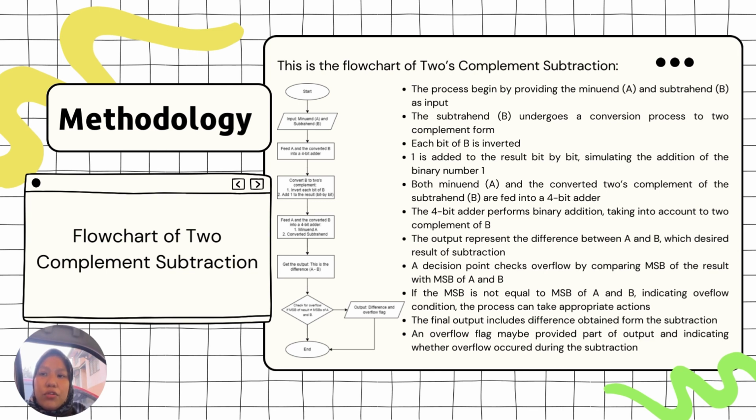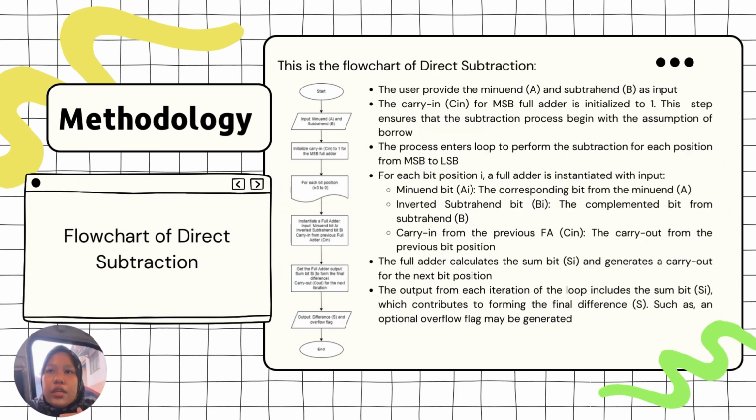The difference and overflow flag are optional. The final output includes the difference obtained from the subtraction. An overflow flag may be provided as a part of the output, indicating whether an overflow occurred during subtraction. The flowchart outlines a systematic process for performing 4-bit subtraction using a series of full adders for